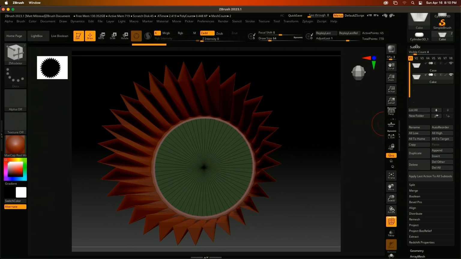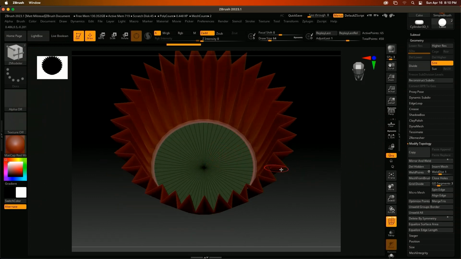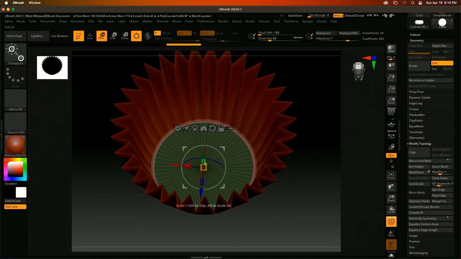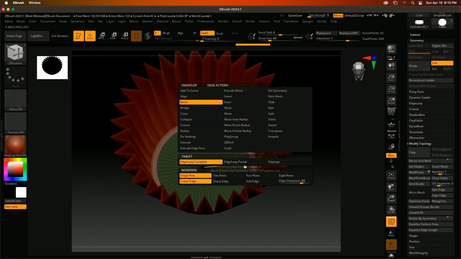So you remember what we did. We went into geometry. We found our modify topology and hit delete hidden. So now all I'm dealing with is this section here. So we're still in the ZModeler brush, so powerful, right? But before I do this, I'm going to just scale this down a little bit. And you can see it's actually in the same space. So I'm going to move it up just slightly, come back to my draw mode, and I'm in ZModeler, but I don't have a function for my